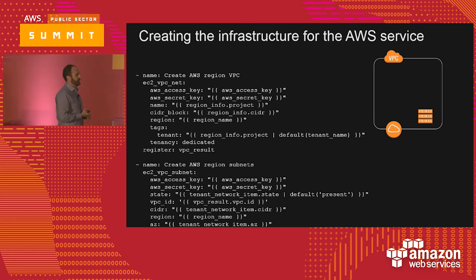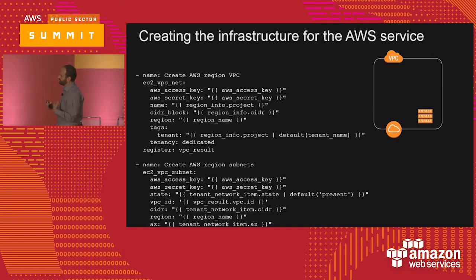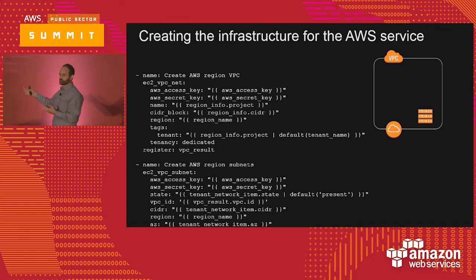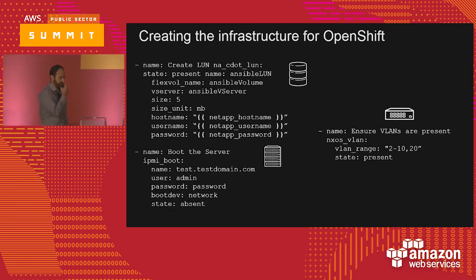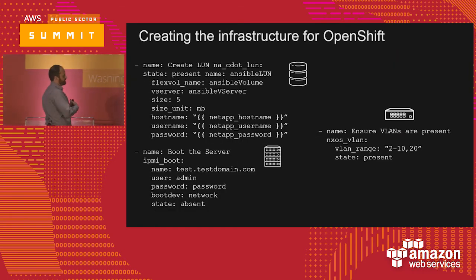You don't have to know all the bits of how this works, but all you do is create a network, create a subnet, and some other stuff that I couldn't fit on the slide. Now, this is all great and good. It's not transformative, right? You could do this with CloudFormation, and CloudFormation is a great tool, but wait, there's more. With Ansible, however, not only can you do it for whatever cloud infrastructure you want, but again, you can do